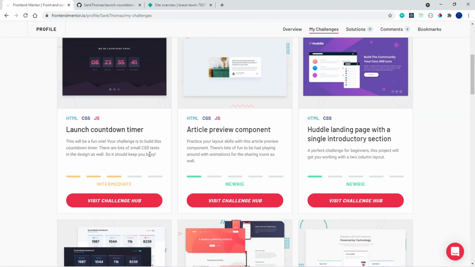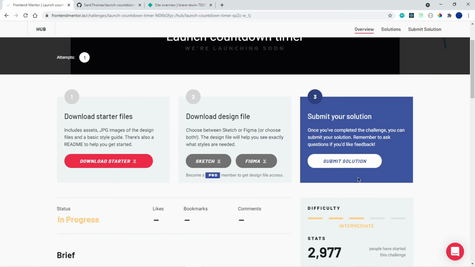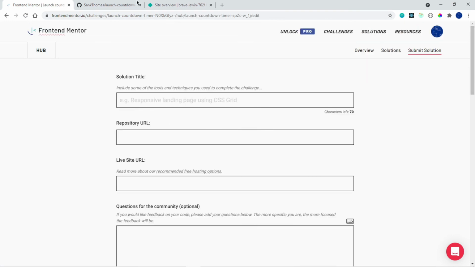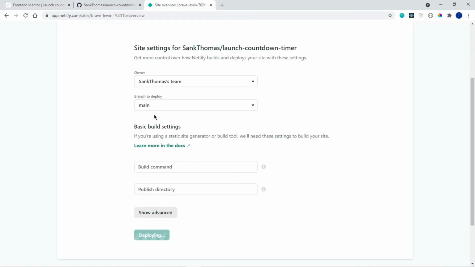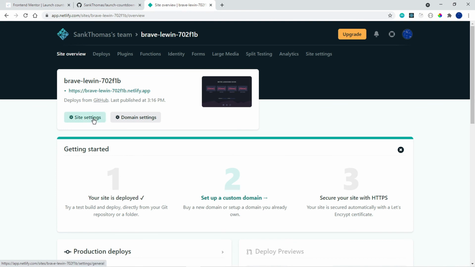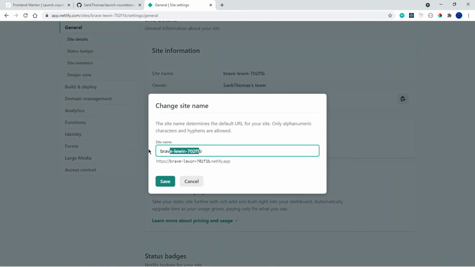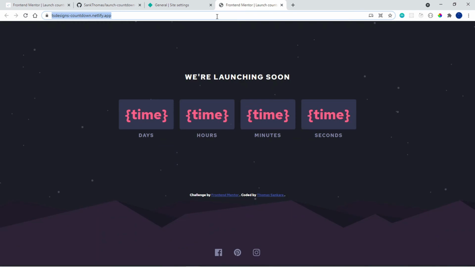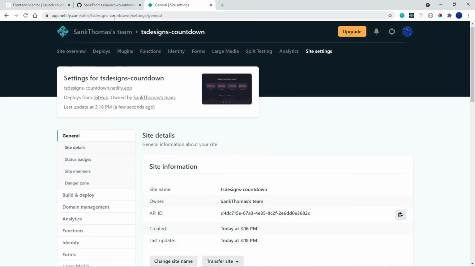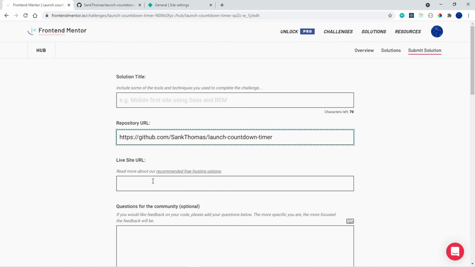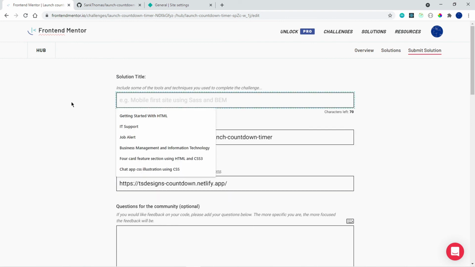Okay, so I'm going to click on this and it should take me to the submit solution. There we go. So we have submit solution here, and this is the link to my repository. So just paste this inside here, and then my site should have been deployed. So I'm just going to go into site settings and say change site name, change this to TSB designs, and I'm going to say countdown, like so, a shorter name. Okay, and then I'm going to copy this link like so, and paste it where this is the live site URL,